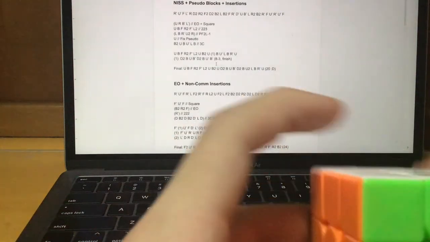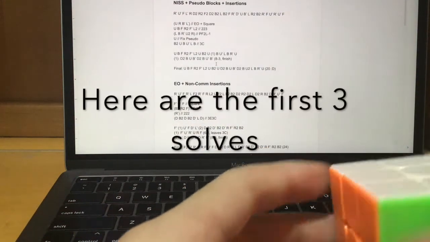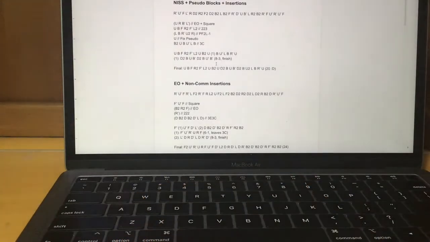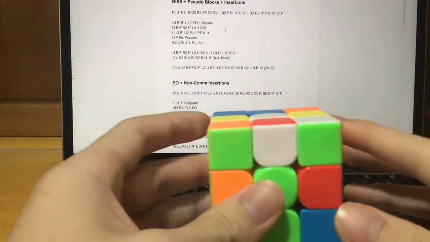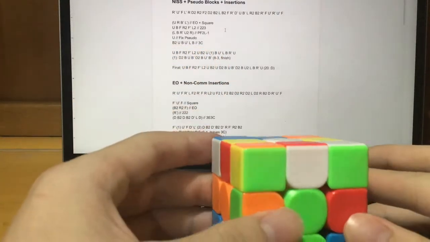Hey guys, today I'll be showing you 6 example solves that use essential techniques for FMC solving. Hope you guys enjoy. So for the first solve, I started on the inverse and did EO while building this